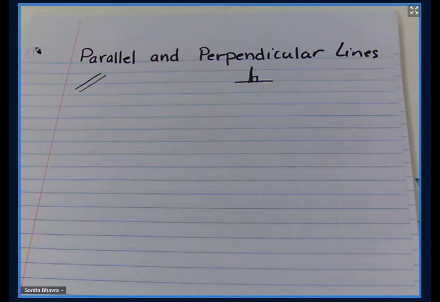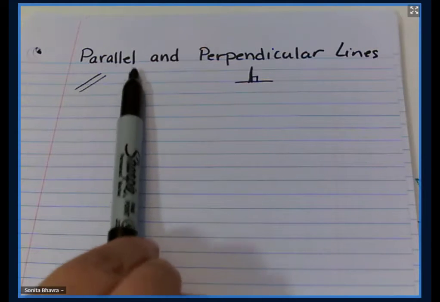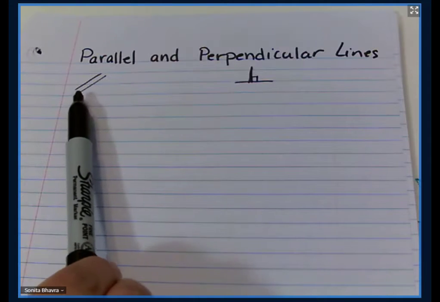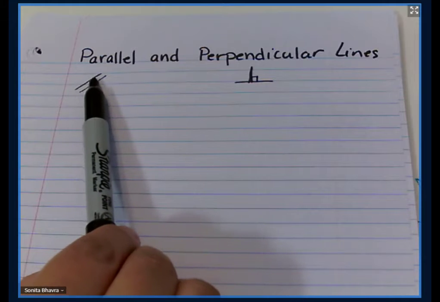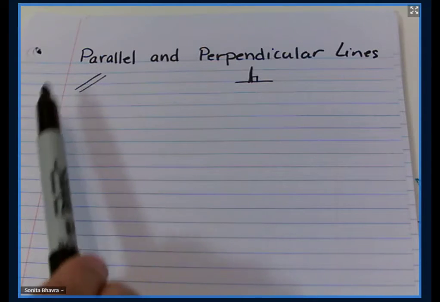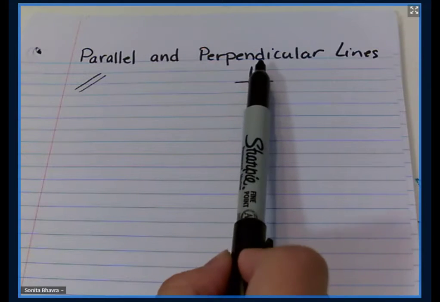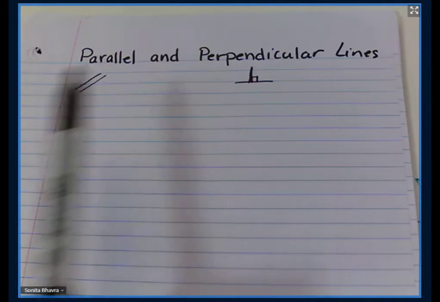Okay, so we are looking at parallel and perpendicular lines today. I've just done a little bit of a sketch here to show parallel lines will never cross each other. They'll just stay parallel to each other, so the same distance in between the two lines. Perpendicular lines, they do cross, so we have a line and another line, and they're crossing to make a 90-degree